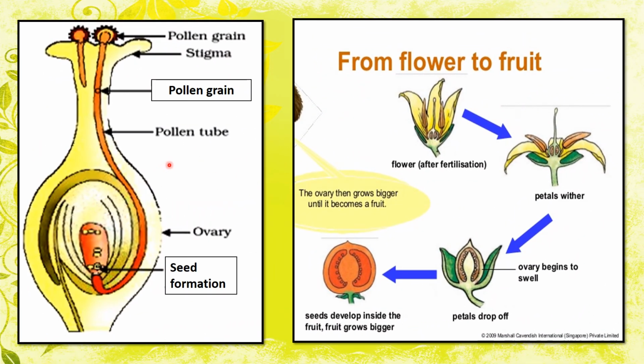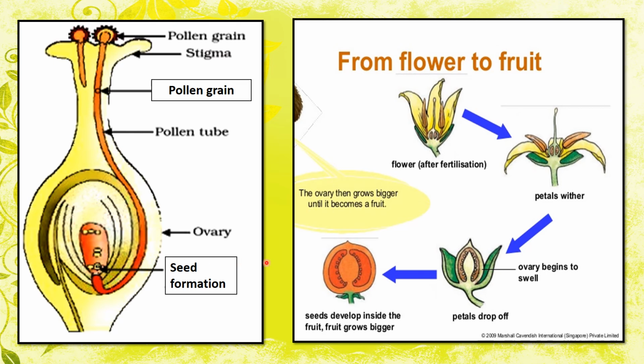After pollination, fertilization takes place in the ovary. When pollen grains reach the stigma, they break open and produce a tube called pollen tube. The pollen tube slowly grows through the style and reaches the ovary. Then the content of the tube gets mixed with the ovules forming the seeds, and this process is called fertilization, where male and female reproductive cells fuse together.